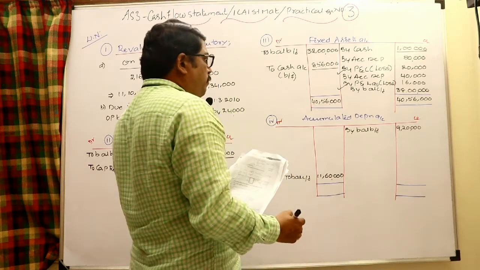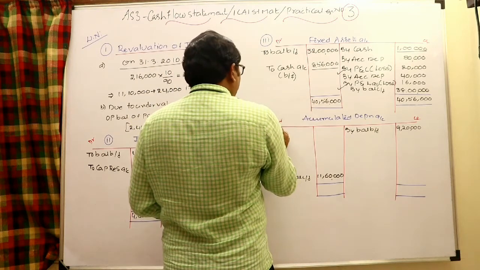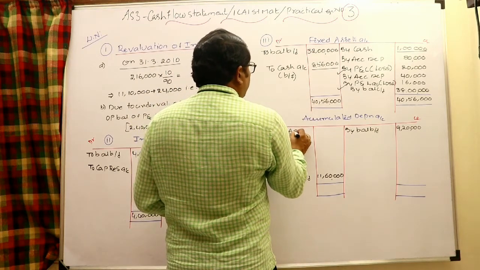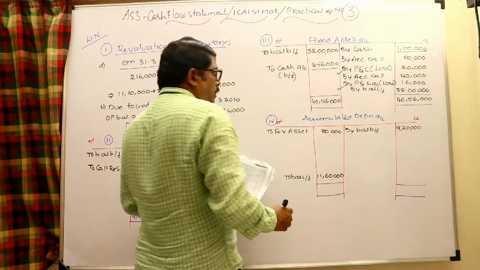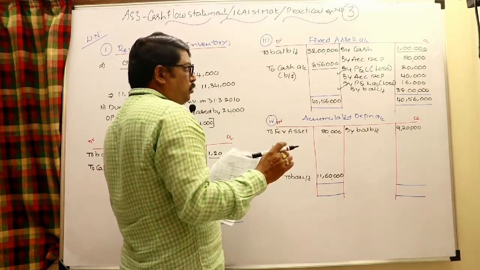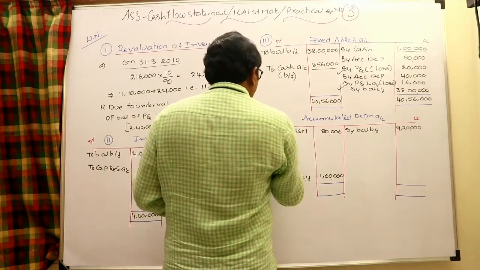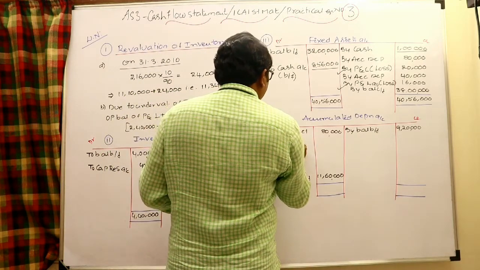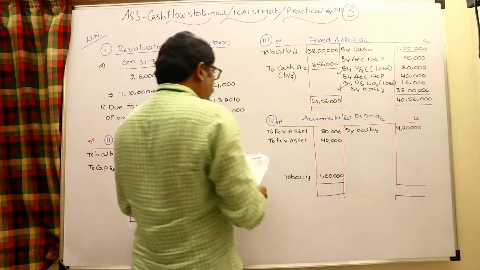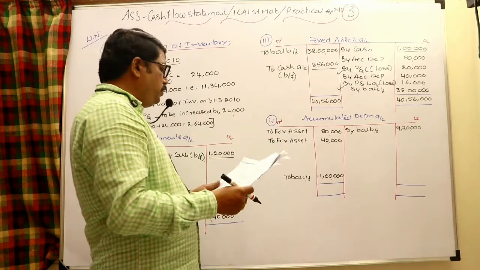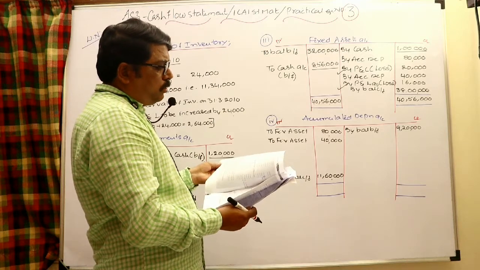Whenever an asset is sold, for that particular asset, provision is transferred to the asset account, 80,000. Provision for depreciation to fixed asset, 80,000. Another asset is completely written off in the books, and that accumulated depreciation is also transferred to the asset account, that is 40,000. That is also to fixed asset, and it would be 40,000. And the current year provision for depreciation is directly given in the sum, which is 3,60,000, you are given.